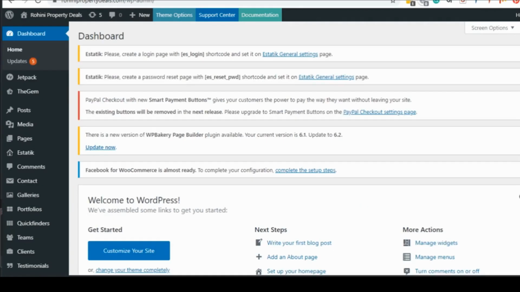I will suggest you to use a plugin named Insert Headers and Footers. It makes it easy to customize or make any kind of modification to your website.